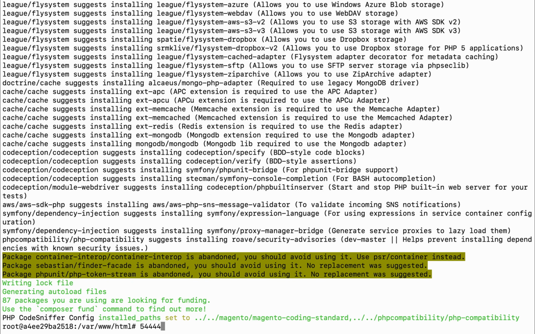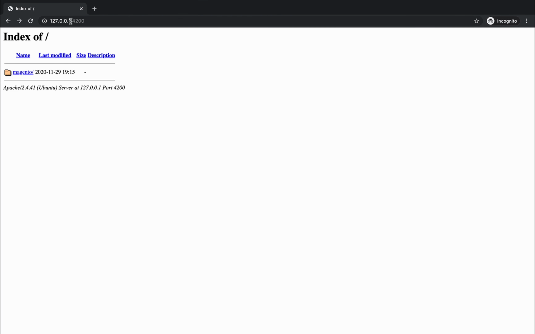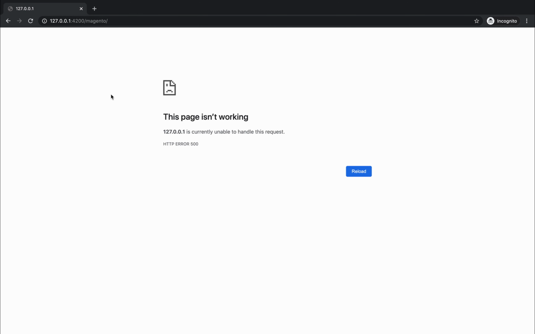So you can see Magento 2 project is downloaded now. Now we will go ahead and install Magento 2. Now when you reload your server host, 127.0.0.1 or localhost, you will have the Magento 2 folder there. Go inside Magento 2 folder, then you might see some output or you might see some error. So right now I can see this page isn't working, but I'm not getting what is the exact error. So you might encounter this error, so we have to debug what is the actual issue here.